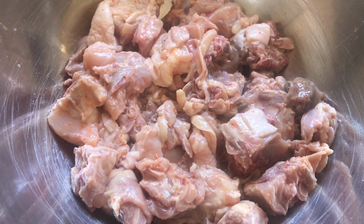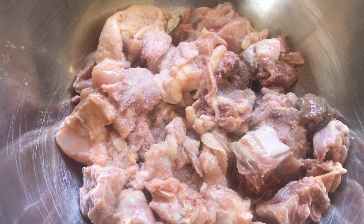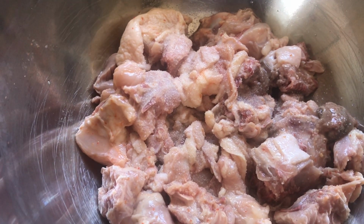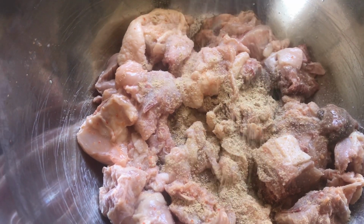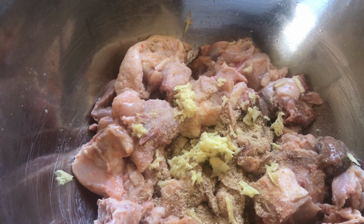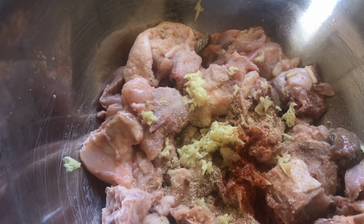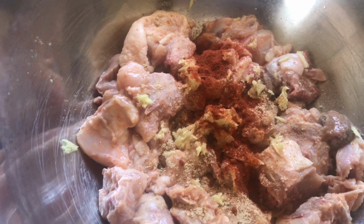So let's get started. I have some chicken here that I did cut into very small pieces, and I did wash them with lime and salt and vinegar, and now it's time to season. Alright, so I'm gonna be using some salt, some ginger powder, along with some fresh ginger, and I love to taste ginger in the meat. Alright, some paprika, some black pepper,